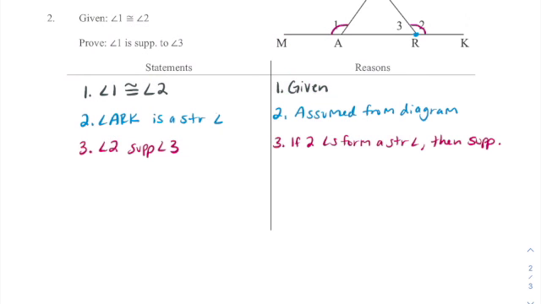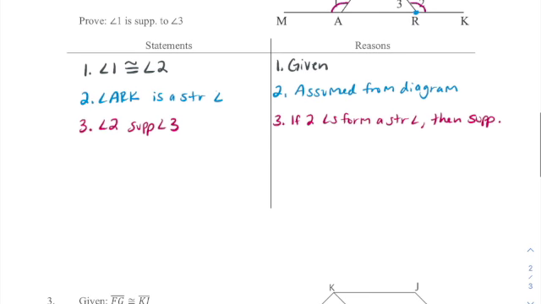Okay, now looking here. In order to say that angle 1 is supplementary to angle 3, I'm not trying to use any of my fancy supplement theorems. I don't want to prove anything congruent. I just want to get a new statement to show those measures would be supplementary. They would add up to 180. So this is where substitution comes in. In order to get 1 where 2 currently is, I can use substitution and substitute angle 1 in for angle 2 to prove step 4